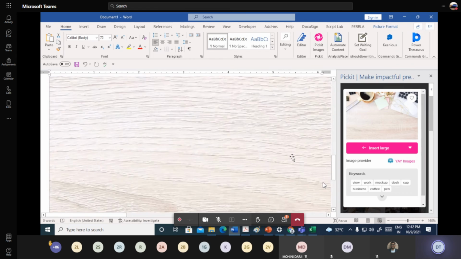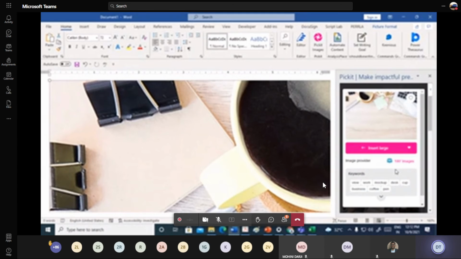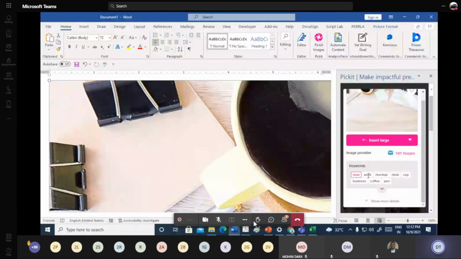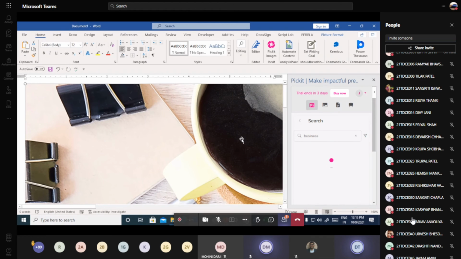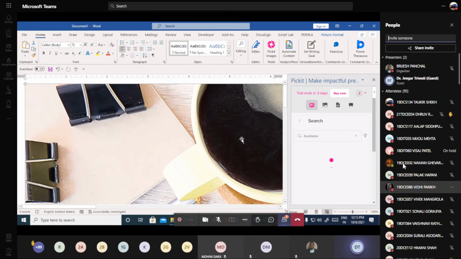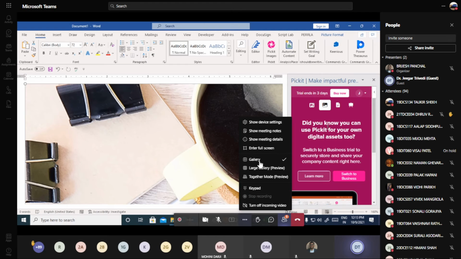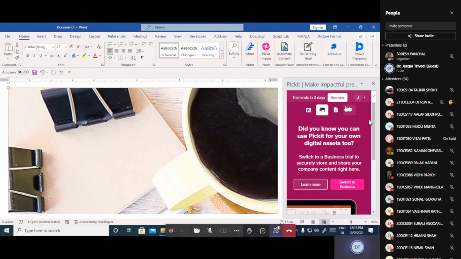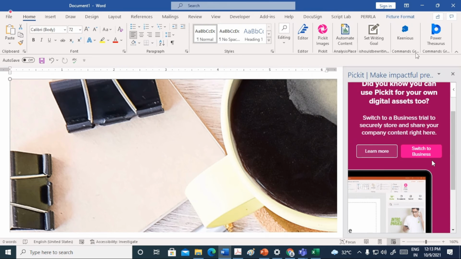Rather than Word, it is more useful in PowerPoint presentation. But high quality images you can insert. You can find from Work, Business, and other models of inserting images. These ready-made images make your document or presentation more effective, so you can go through that. It gives a trial of 7 days and then it expires. You have to purchase the full version to have different kinds of images continuing.